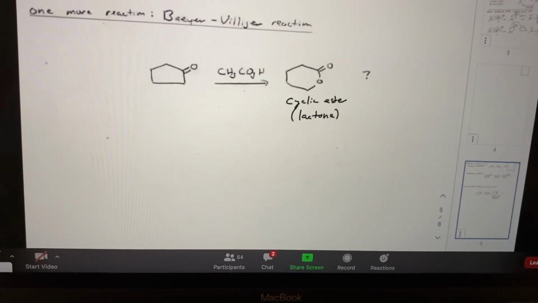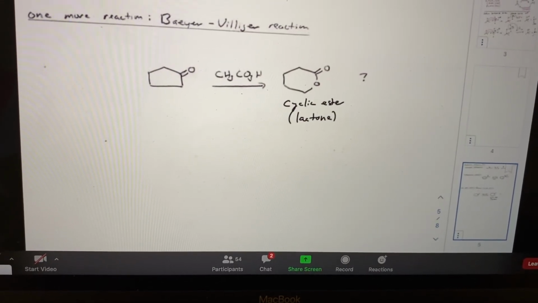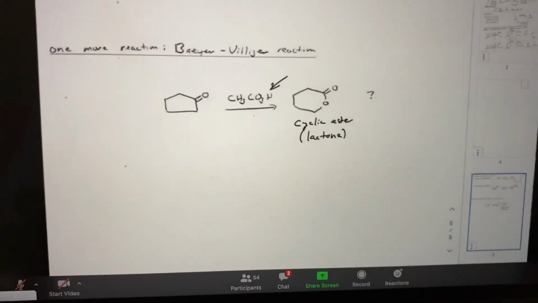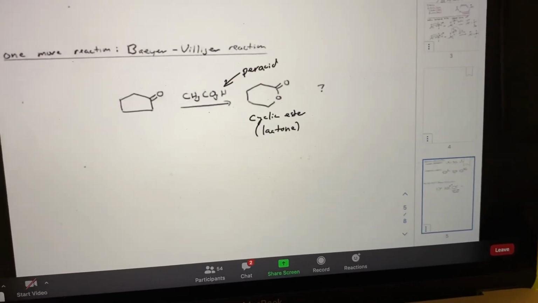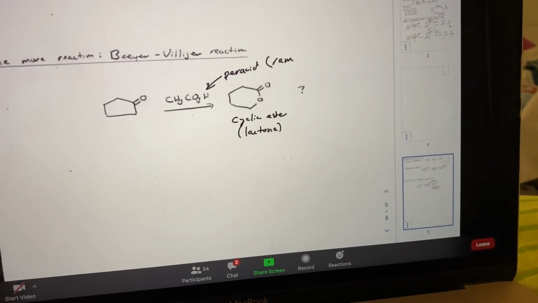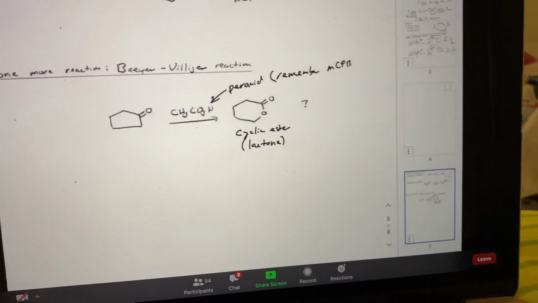I don't expect us to memorize the mechanism of this, but just to cover it very briefly, so that's how it's thought to occur, is this CH3CO3H is a peracid, which is a kind of unusual type of compound. Hopefully in Organic 1, you saw the wonderful reagent of MCPBA, which is also a